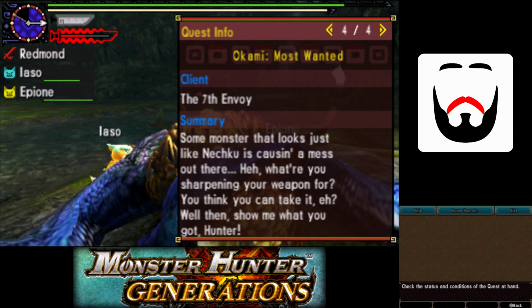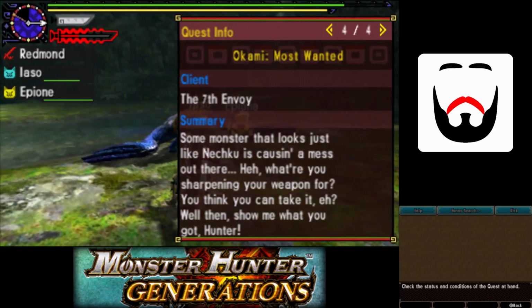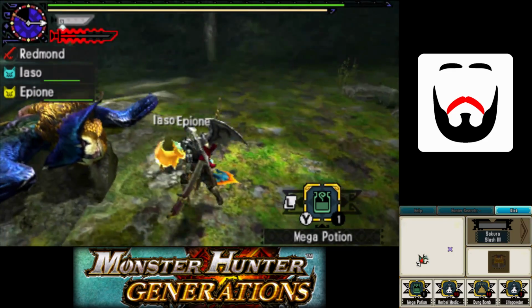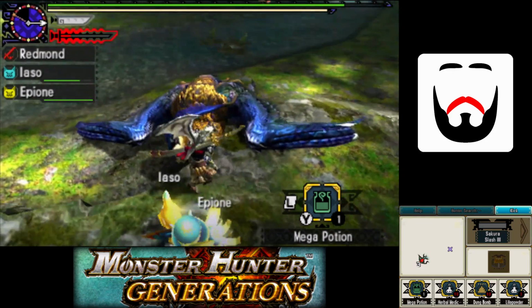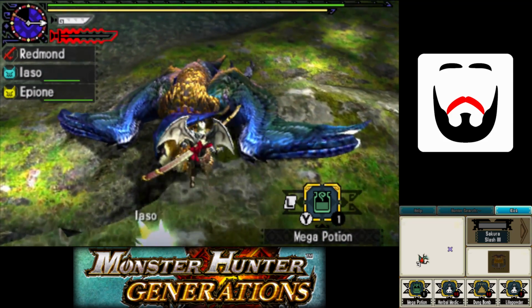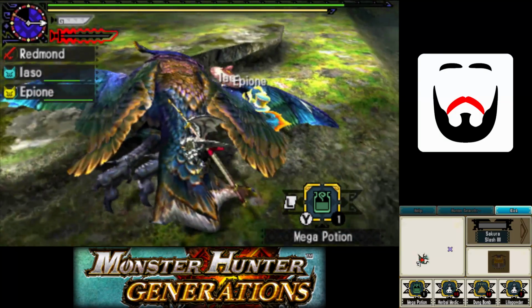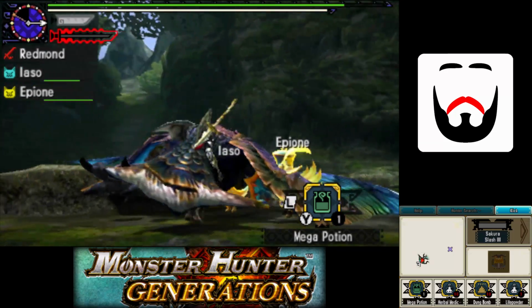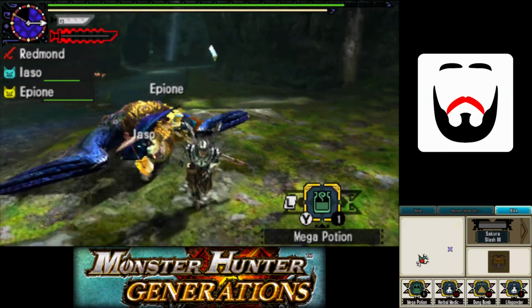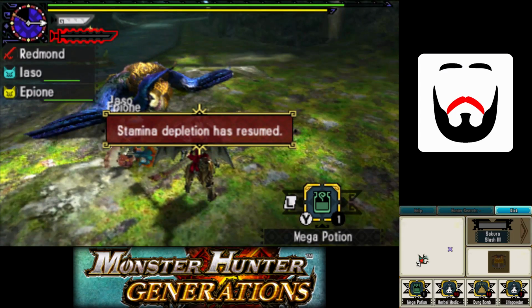So yeah, Nechku is the thing from Okami. I don't know what it looks like, but I guess it must look like this owl, at least somewhat. I do need to play that game. It's just a matter of